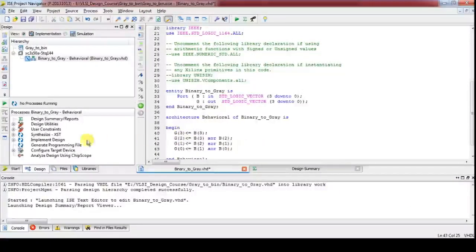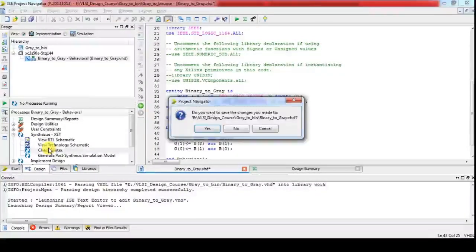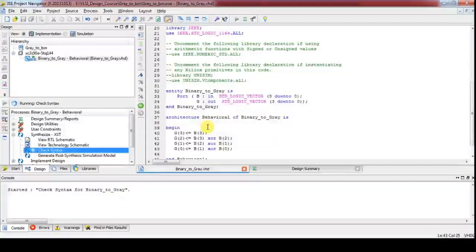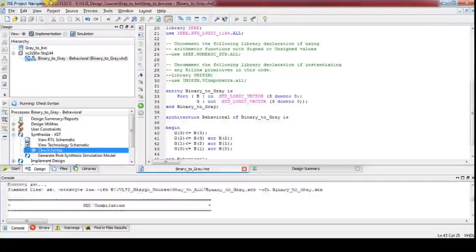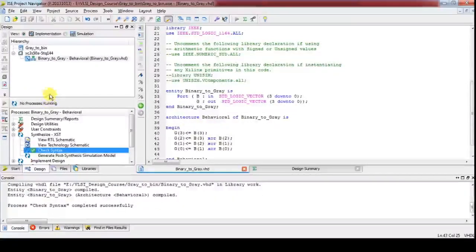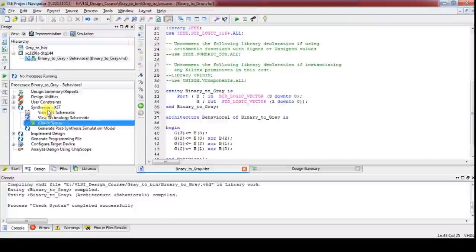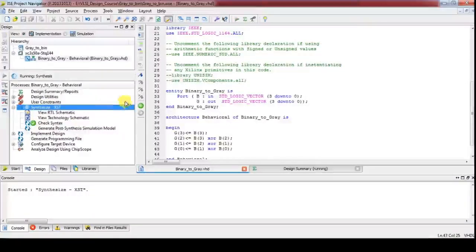So let's check the syntax. Okay, then synthesize it.